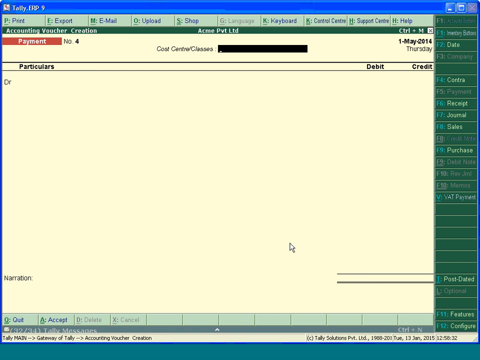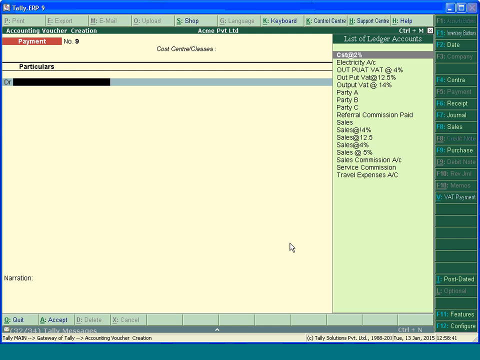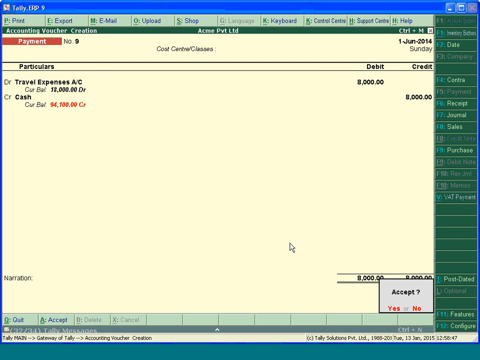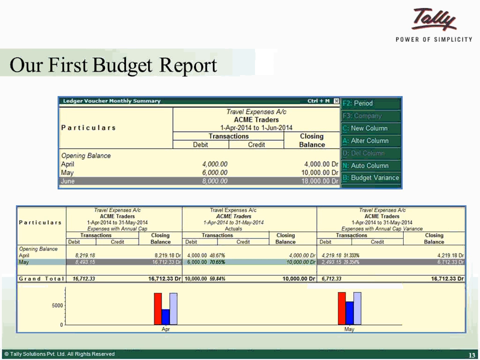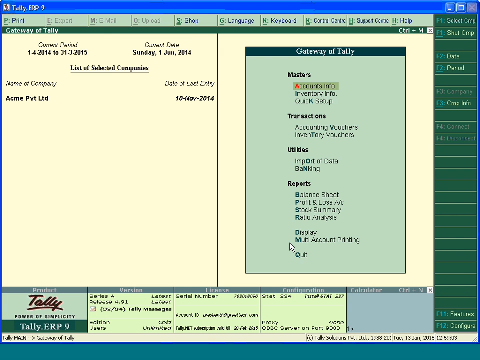As a shortcut key, I use Control-A to save the entry. And for June, 1st of June, let us say 8,000. Right? So we have accounted 3 payment vouchers against this ledger, and let us see how the budget report shows. So having created the budget and some entries against the ledger,